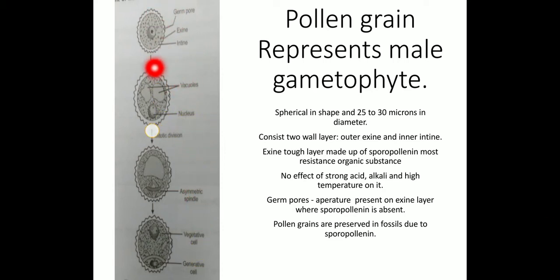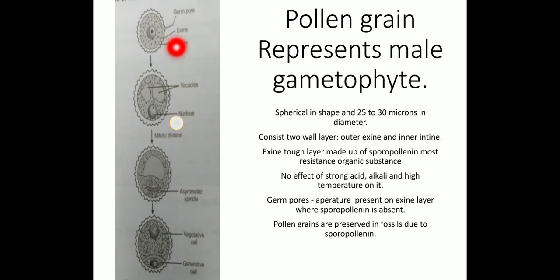The microspore is earlier spherical in shape and uninucleate. During the development of the microspore into the pollen grain, this nucleus undergoes an unequal mitotic division and forms two cells. So at maturity, the pollen grain is either two celled or three celled. In the majority of angiosperms, that is 60% of angiosperms, it is 2-celled, and in the remaining 40% of angiosperms it is 3-celled when it is completely mature or at the time of its shedding.